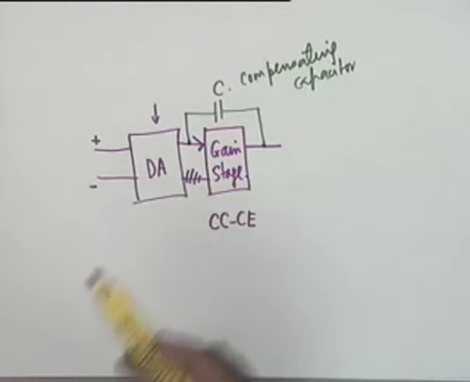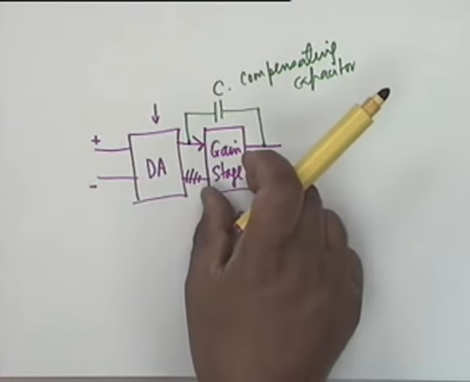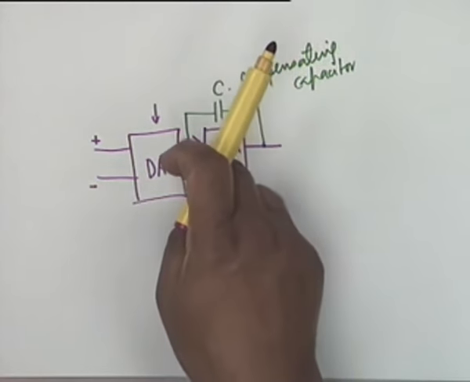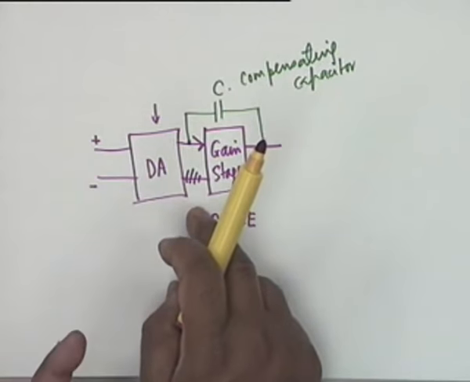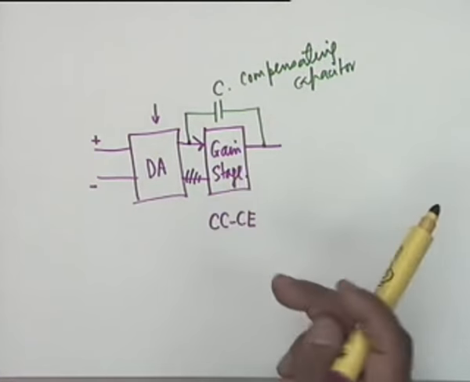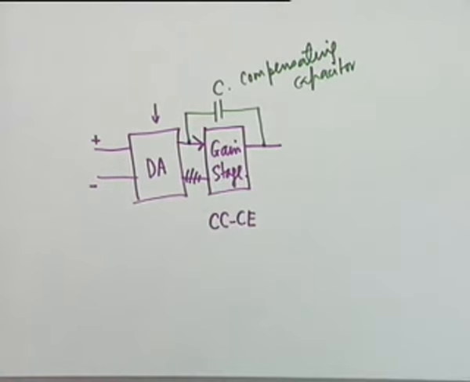It happens because of the Miller effect. There is a large gain, and therefore this capacitance reflects at the input as a large capacitor, and the time constant determines the actual 3 dB point. Why do we do it? We will come to this a little later.